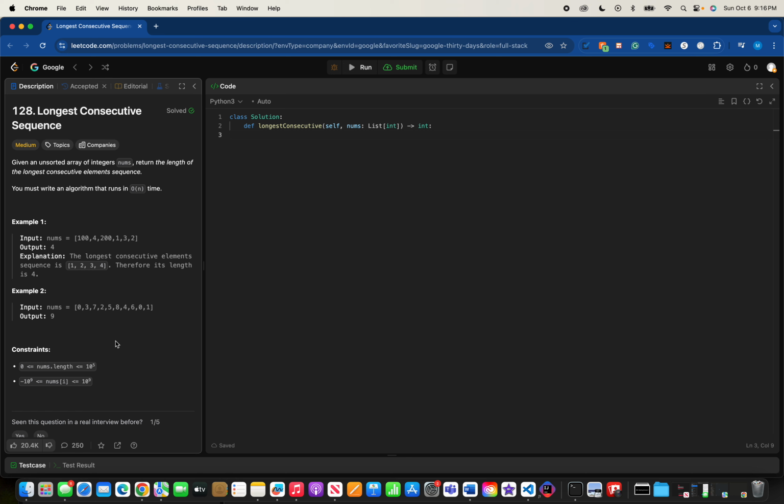Consecutive sequence. Given an unsorted array of integers nums, return the length of the longest consecutive elements sequence. You must write an algorithm that runs in O(n) time. So we can see that